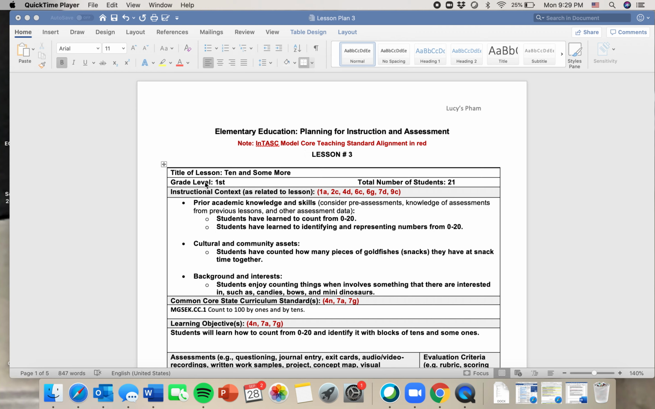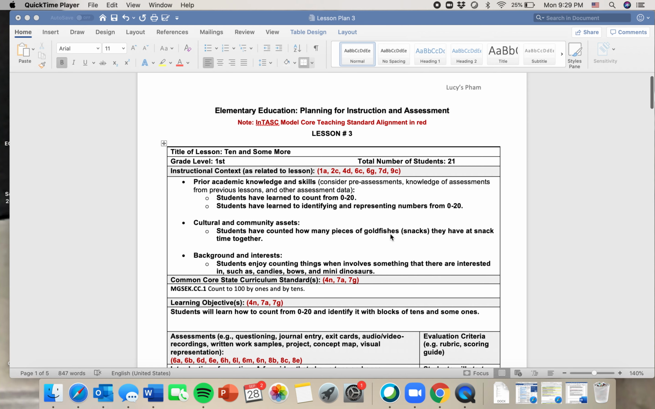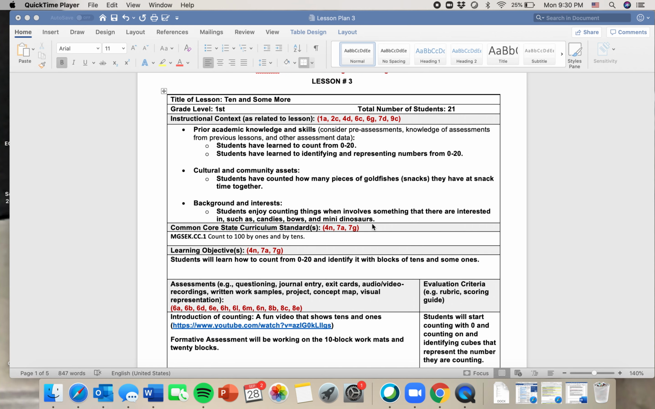This is my first grade math lesson plan for 10 and some more, as students will count to 100 by ones and by tens. So for prior knowledge, students have learned how to count from 0 to 20. Students also have learned to identify and represent numbers from 0 to 20 with manipulatives, and how to spark their